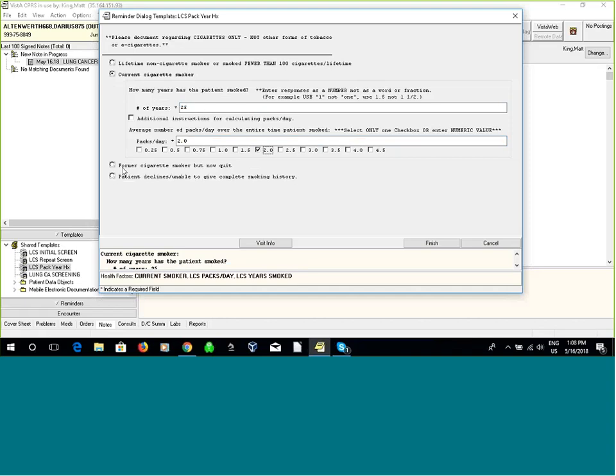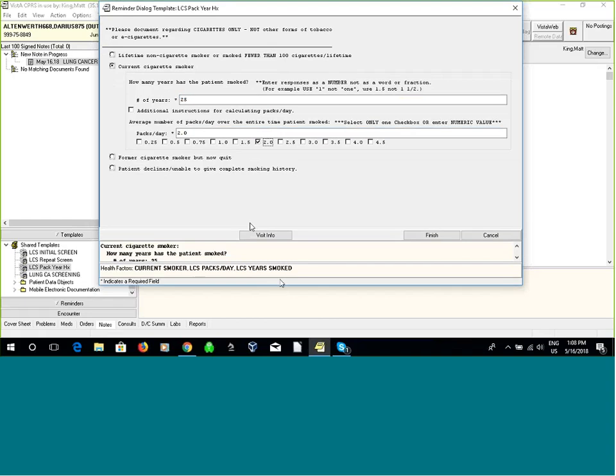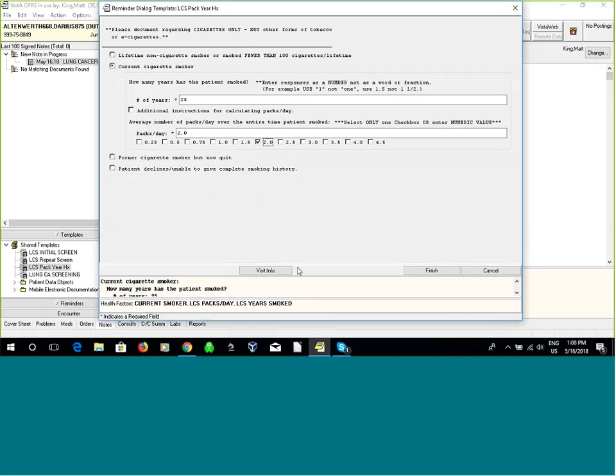There's other things we can do. We can say that the patient's a former cigarette smoker but now quit. We can say that the patient can't fill this out or declines, won't let us. There's other things, patient never smoked, etc. If you look closely at this template, what you'll see is that there's really